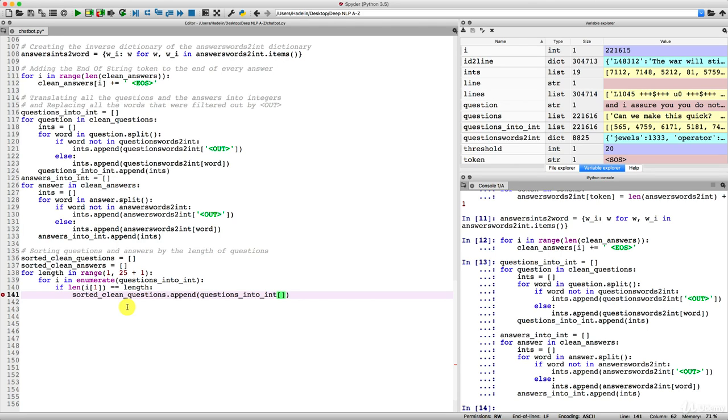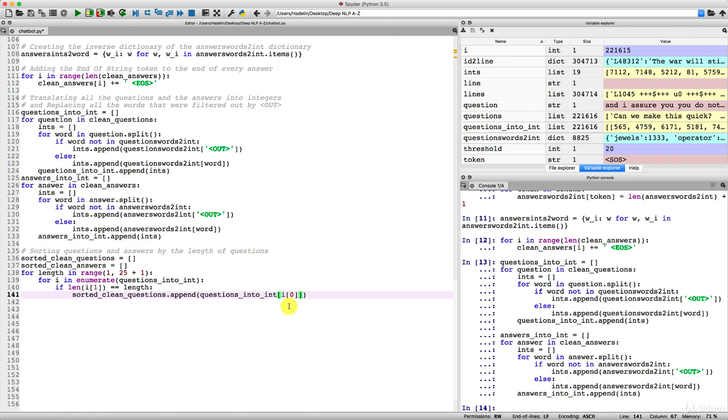And the index, we have it because this is the first element of i, because I remind you, is a tuple containing the index of the question and then the question itself. So to get that index, we need to say here i[0]. And that gives us exactly what we want.